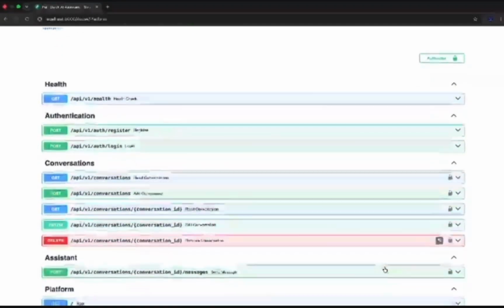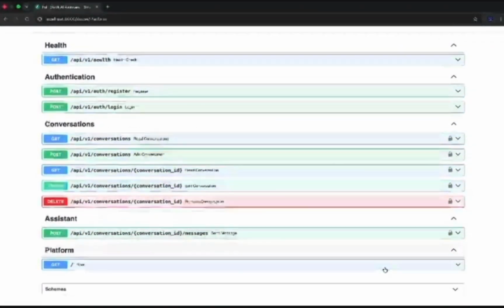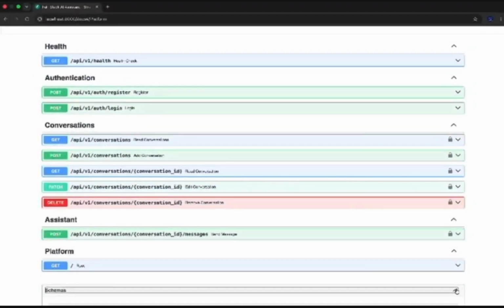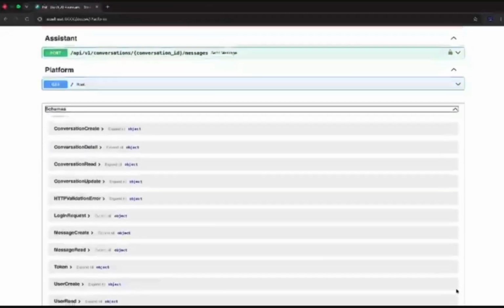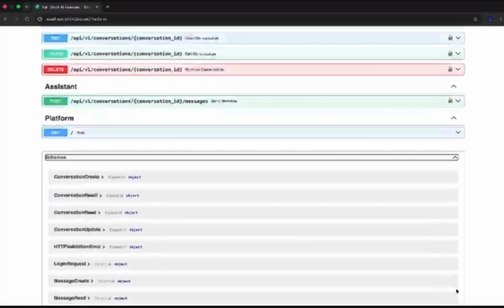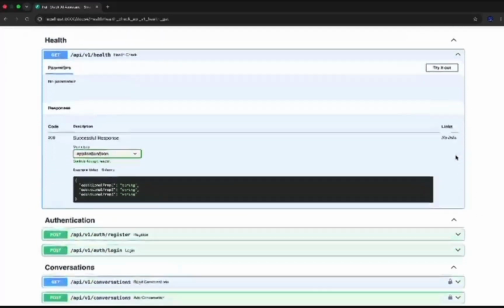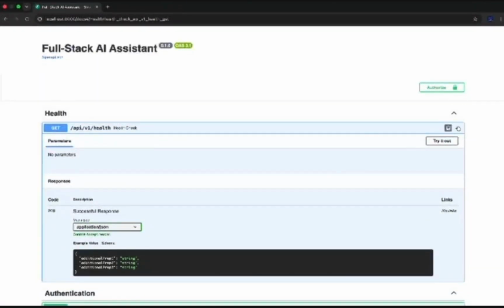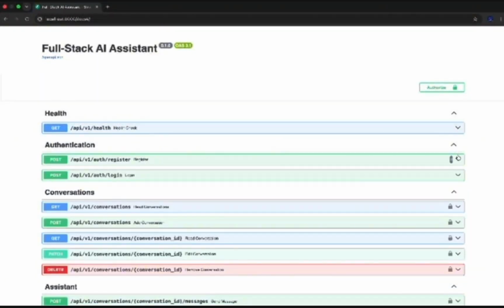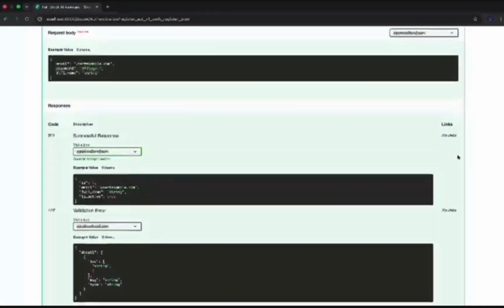AI Assistant Swagger. Welcome to the interactive Swagger OpenAPI documentation interface for the full-stack AI Assistant API. At the top of the browser view, we observe the primary functional modules including health, authentication, conversations, assistant, platform, and data schemas. Starting inside the health section, expanding the Get endpoint allows us to inspect service availability. Clicking the Try It Out button and executing the request reveals a successful status response with full response, headers, and